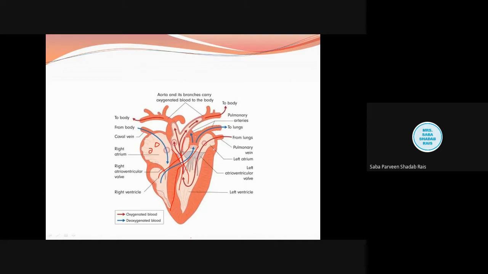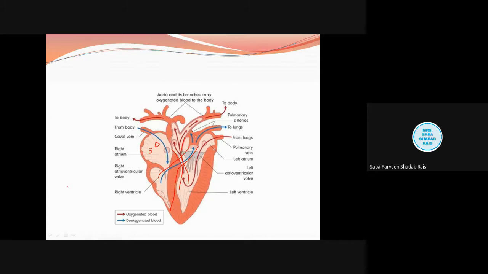Now what is going to be the working of the heart, we'll discuss in the next class, but we will just revise the anatomy once again. We have seen the four chambers. The right atrium will be having the three caval veins: one is left precaval, one is right precaval, and one is the postcaval vein. The function is that they all are going to collect the blood from the entire body, and they are filling the right atrium.